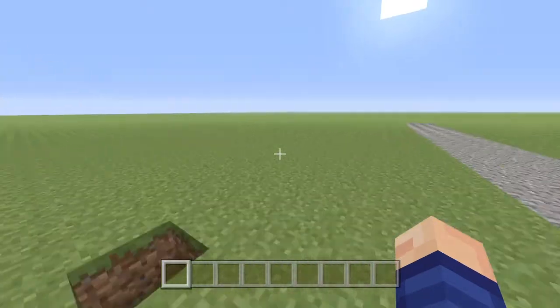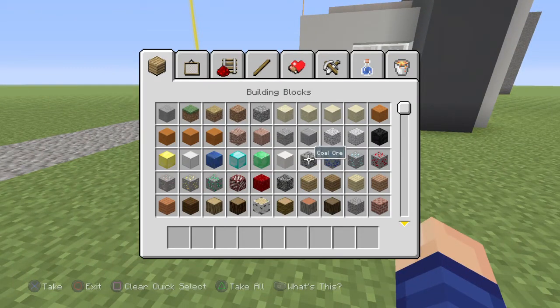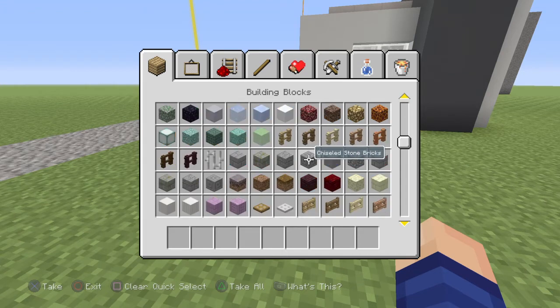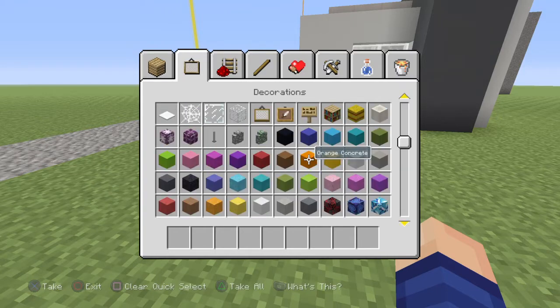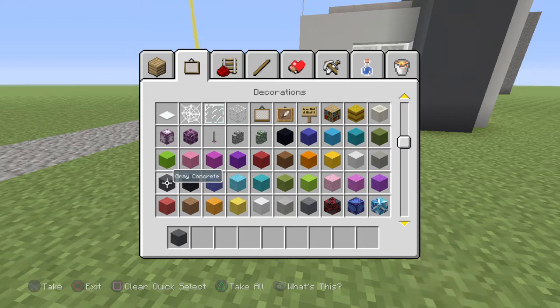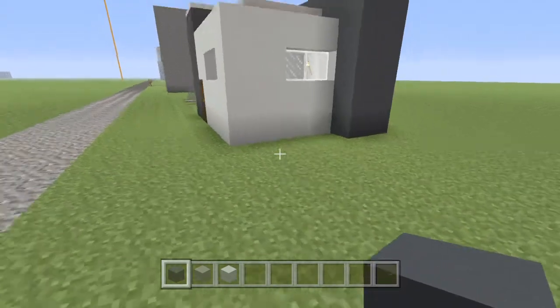But I've sort of been brainstorming a bit. I've been thinking of what I want my next house to be, and it's going to have a similar color palette to the last house. So I'm again going to grab my concrete. But this time, I'm thinking of trying to use light gray concrete rather than just gray concrete. I'm thinking of having these three colors